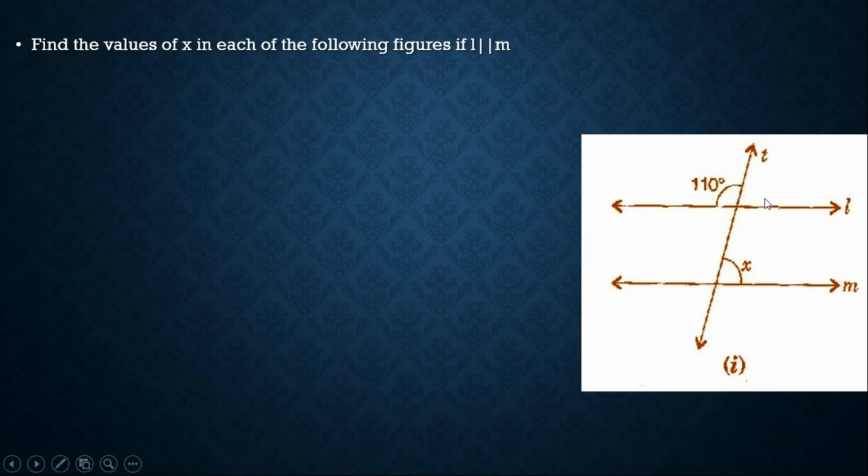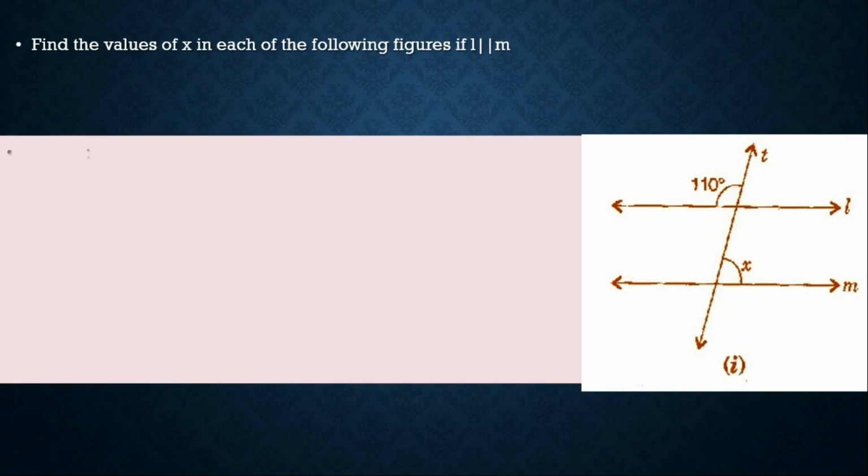So when we add these two angles, angle 110 degree and angle x, the sum will always give 180 degree. So we can write it as 110 degree plus x equal to 180 degree. Then we can shift that 110 degree from the left hand side to the right hand side, and write x equal to 180 degree minus 110 degree. After taking the difference, we will get the value of angle x.